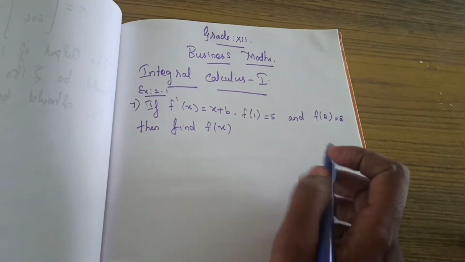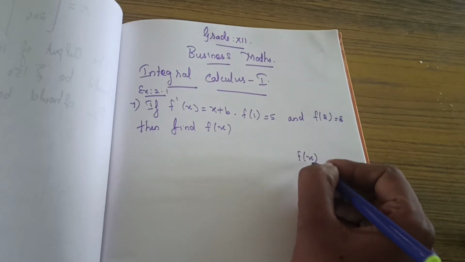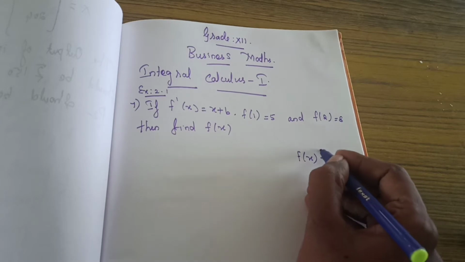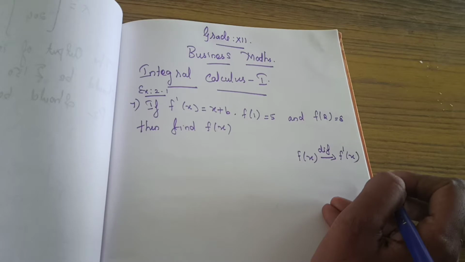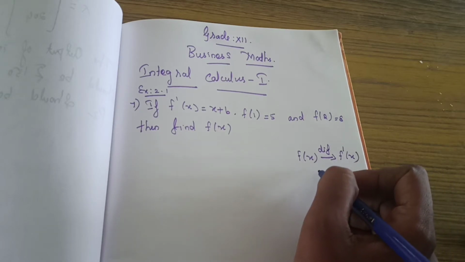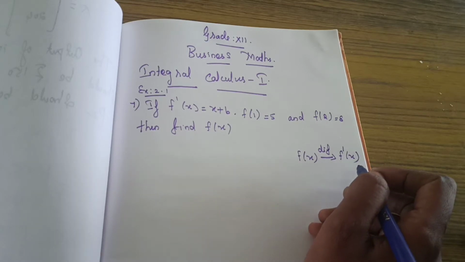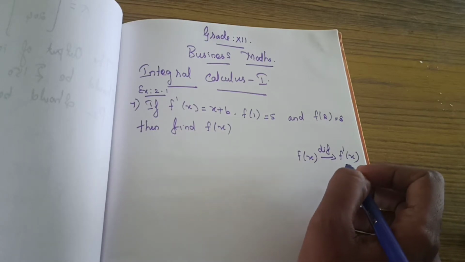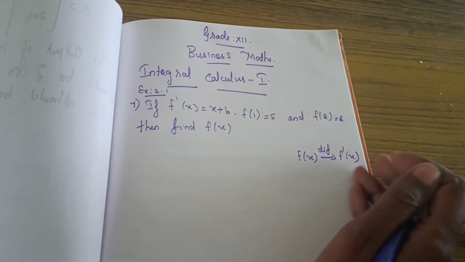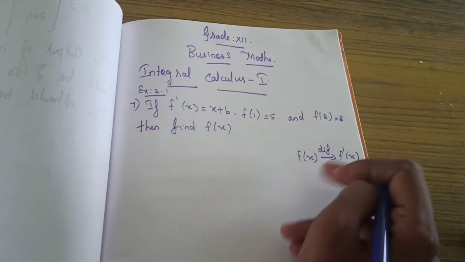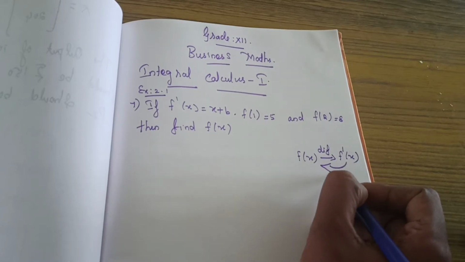Before we solve this, first I will explain one small thing. If you are differentiating f of x, what will happen? You will get f dash of x. This one you have learned last year. So if you are differentiating f of x you will get f dash of x. So what is meant by integration? In the first class I explained, integration means the process of reversing differentiation. So from here to here means we need to integrate.